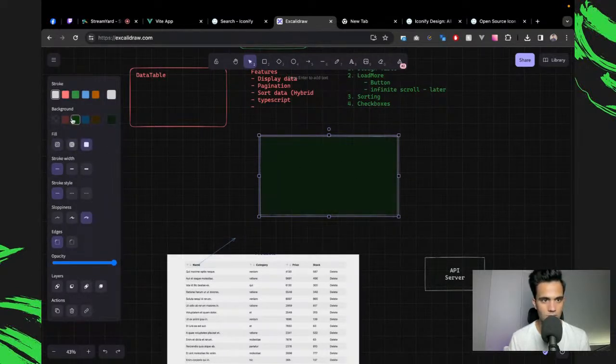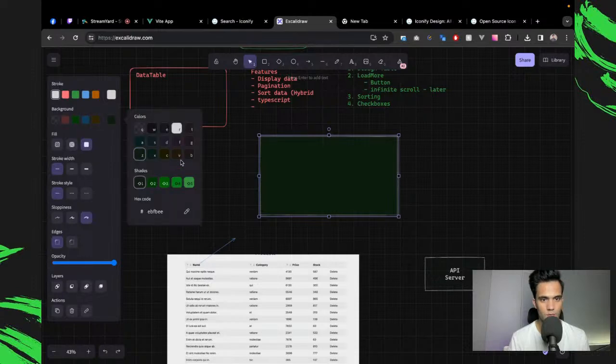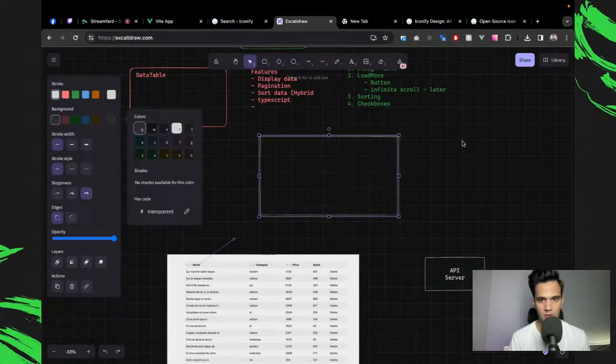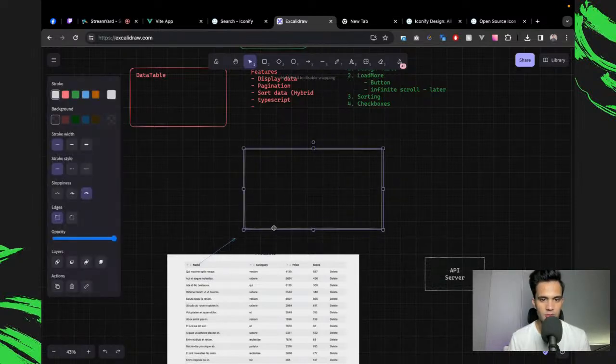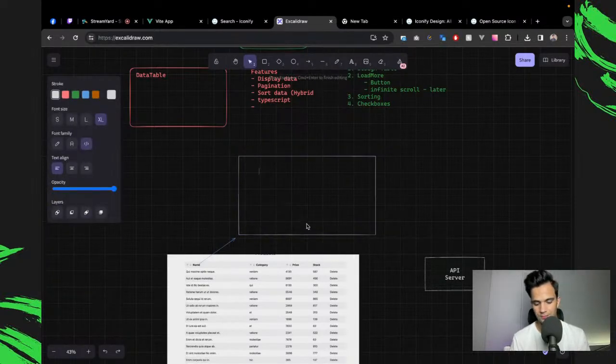And what it will do is it will see if there is more data to be fetched, right? In that case, I'm going to make an API call. Otherwise, sort on front end.